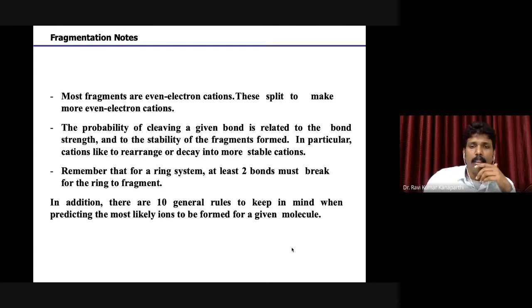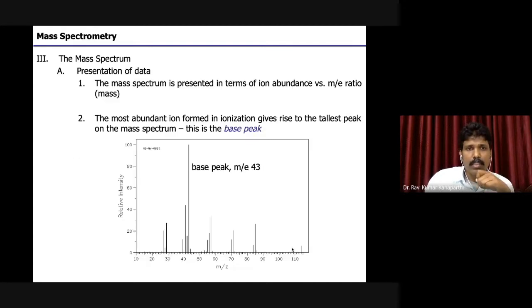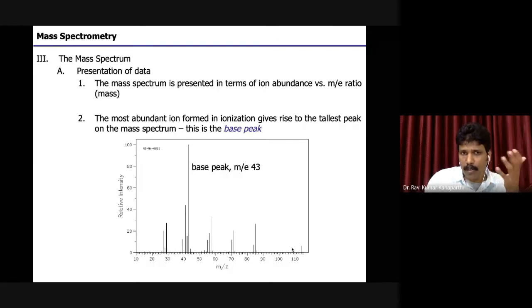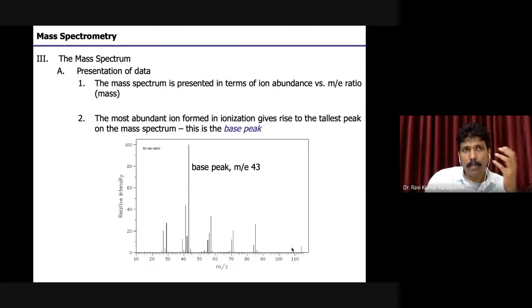Apart from this general principle, we have some 10 general rules. I will come to those after the discussion of some general aspects. These are some of the general aspects of the mass spectrum I'm going to discuss initially. Later on, I will go to the general principles that will be helpful in understanding the mass spectrum and solving problems. Later we will discuss the general fragmentation patterns of alkanes, ethers, and ethynes in the third step. This is how I'm going to present.